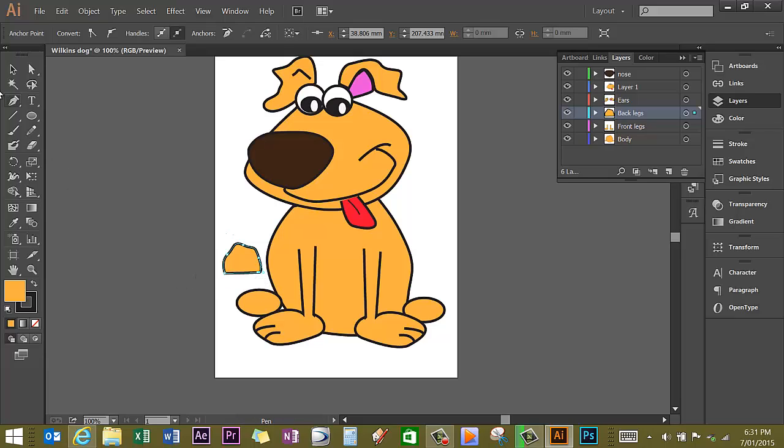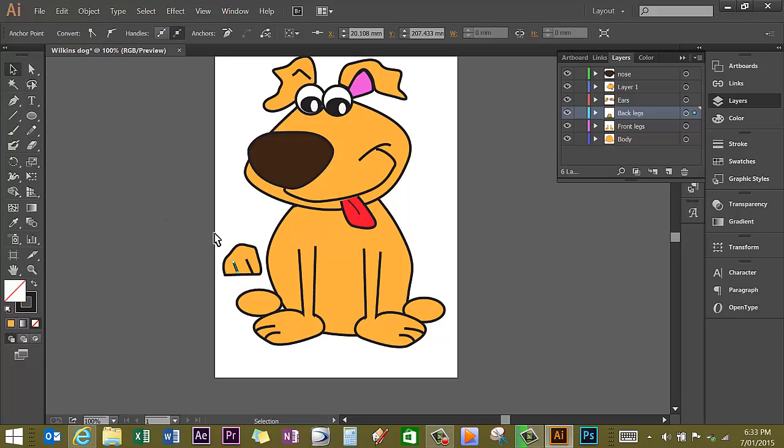There's a funny little shape, not quite as smooth as the other one, so I'm going to go to the direct selection tool, click on my anchor point, and just smooth it off a little bit. That's not too bad. So make sure you've deselected little back foot, make sure back legs is still selected, click on the pen tool. I want no fill, and I'm going to draw a little line that goes from here to here, and selection tool, deselect, pen tool, a little line that goes from here to here,